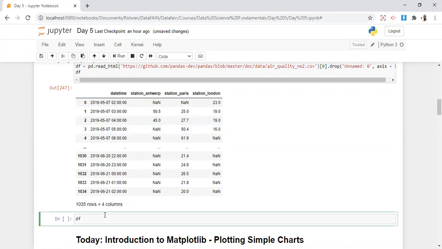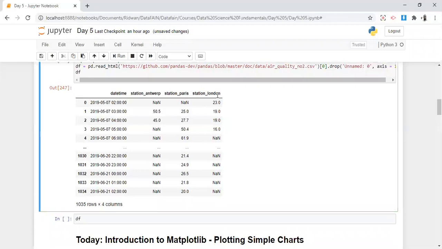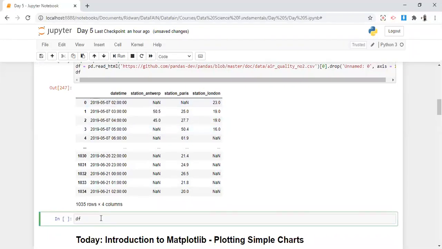So let's create a new column, for instance, that's going to be the product of the values in Station Paris and Station London. Let's call it Paris London. So we're going to have df.station